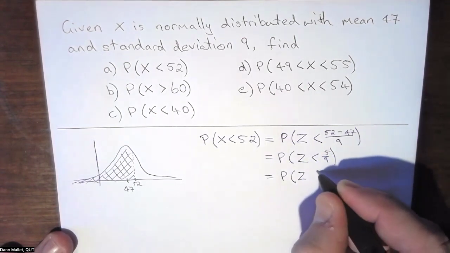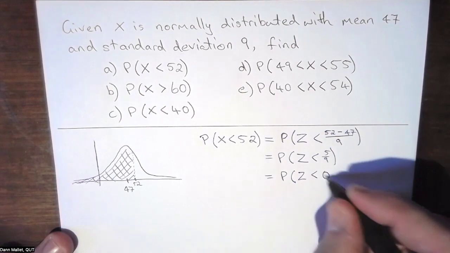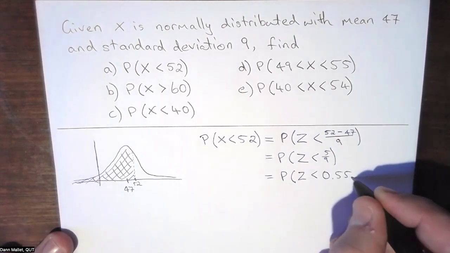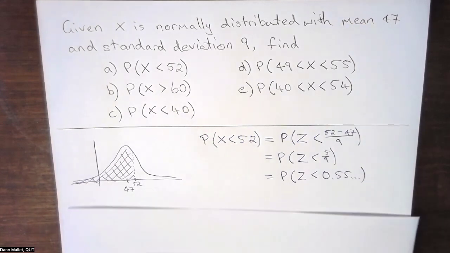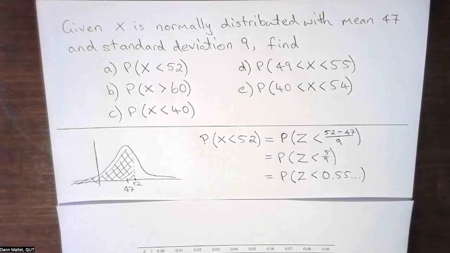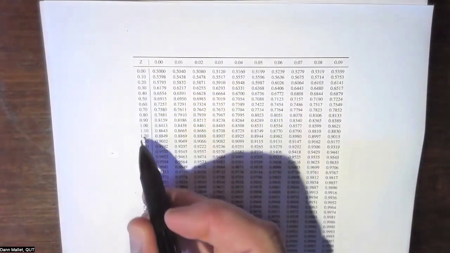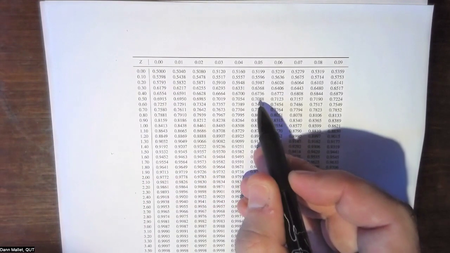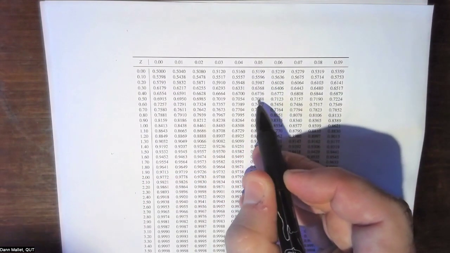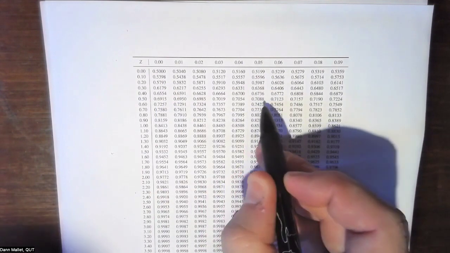or the probability that z is less than 0.55 recurring. Now, to determine that, using our cumulative normal distribution table, we need to look up z equal to 0.55 on the table here. So the way this table works is we need to go down the column to 0.5 and then across to the 0.05 part. So that intersection of 0.05 and 0.5 gives us a probability of